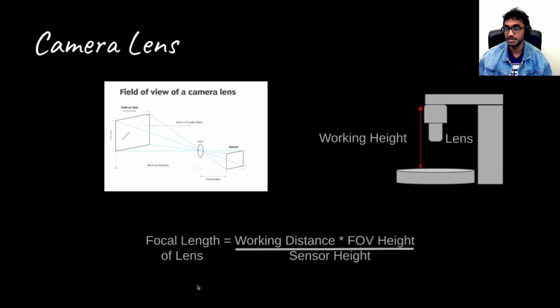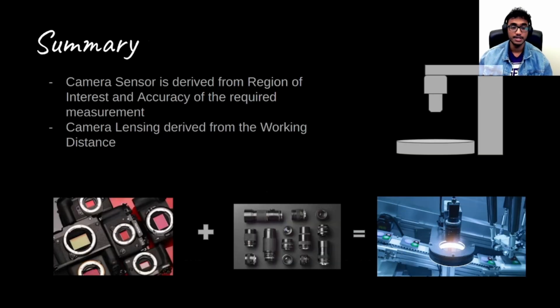So to sum up, you would basically start with what the tolerance requirement is, and then using that and the field of view, you would narrow down on your camera resolution. And the next thing would be to go about and figure out what the camera lensing should be. And that is figured out using the working distance and the formula to determine what the focal length of the lens is. So with those two in mind, we would be able to get what the resolution of the camera should be and the lens requirement so that we can get started on our